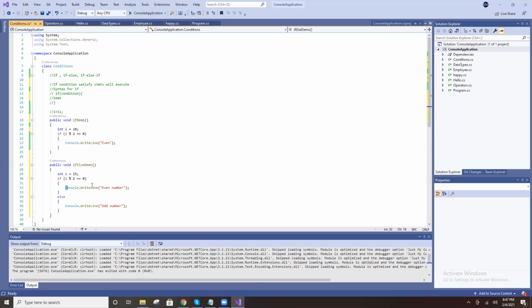The condition is not satisfied. Condition false, so this statement won't execute, right? It will go to the else condition. Else, what is the else now? Odd number. It will print odd number. Yeah, now I got it.